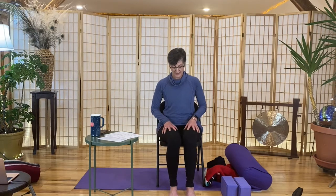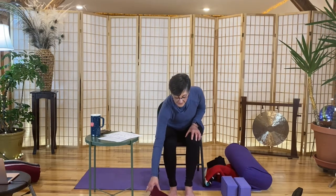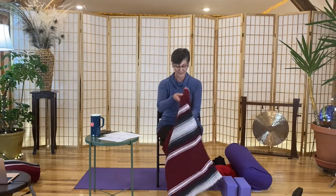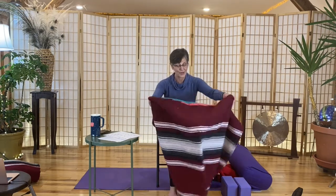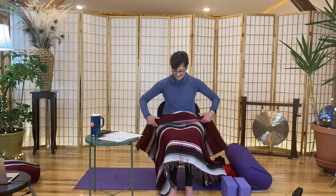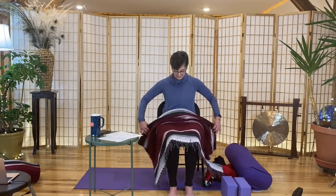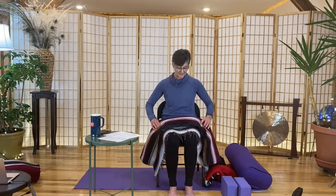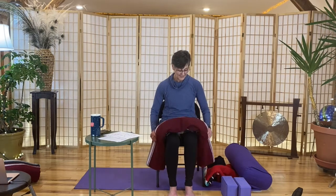And we'll move into a short Shavasana. Now for Shavasana, you can stay right here in your chair, and there's a couple of things that can make chair Shavasana very lovely. You can take a blanket and do a nice little roll with your blanket. I like to do it long ways. It gives me a little bit more blanket to work with. And put this over my neck,